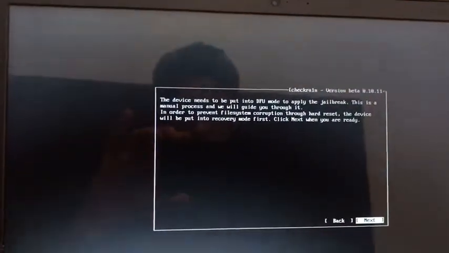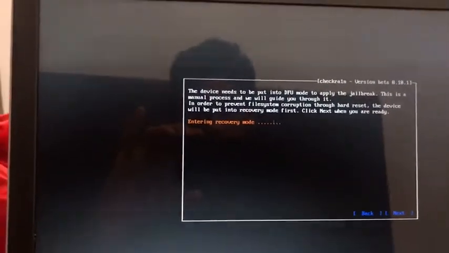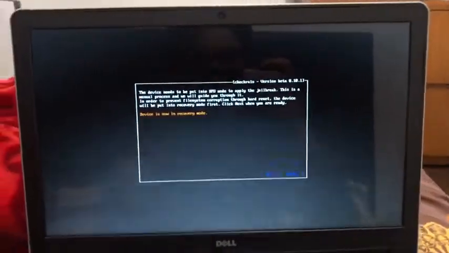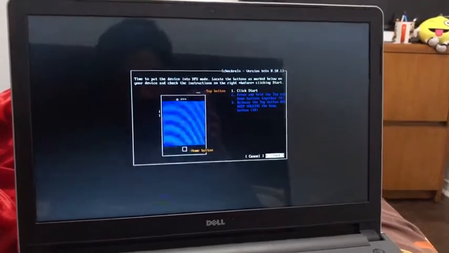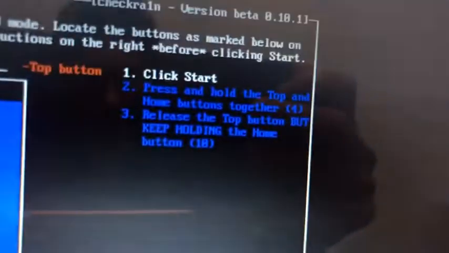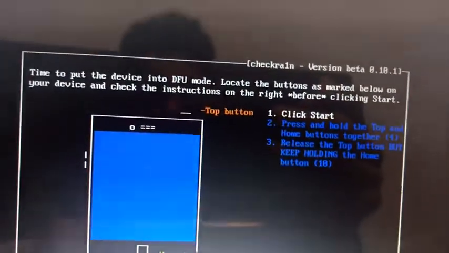As you can see, it's entering recovery mode. You can see this is recovery mode now. It shows the device is in recovery mode now. As you can see, there are many ways to get into the bootable state.